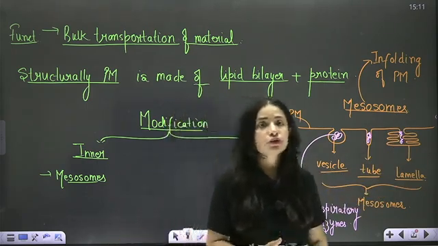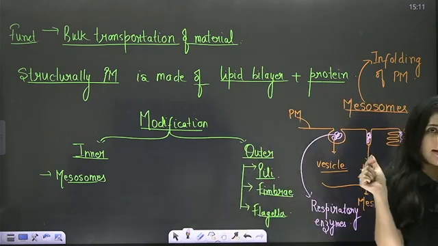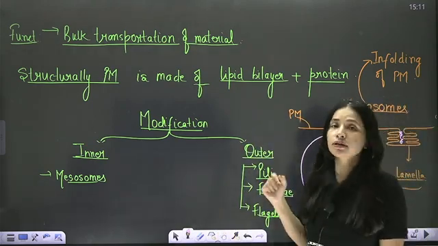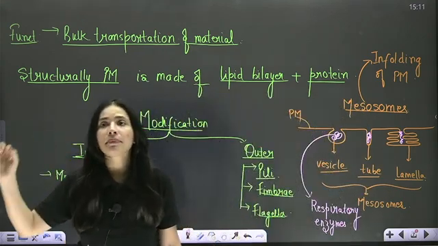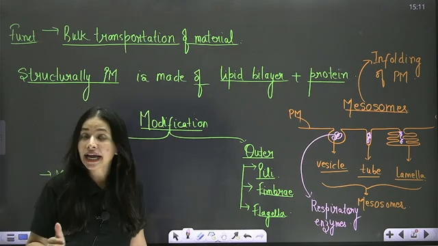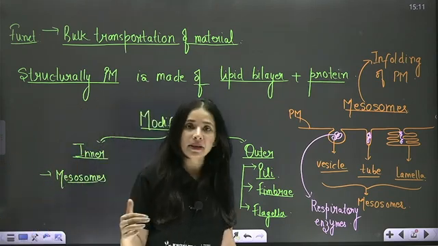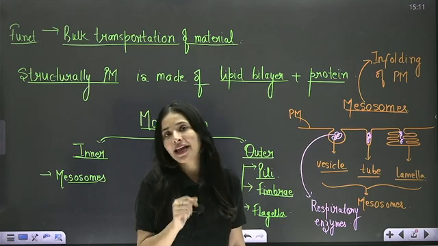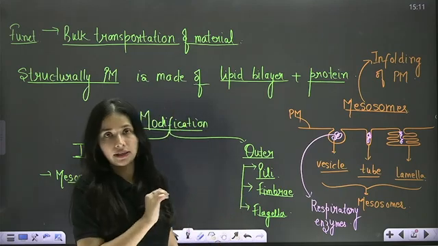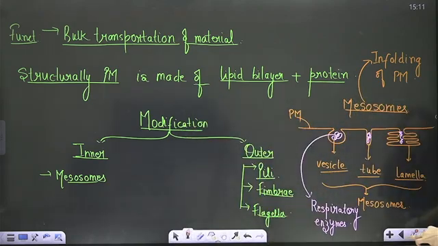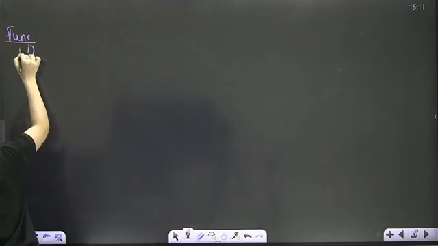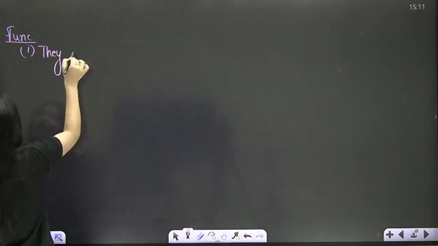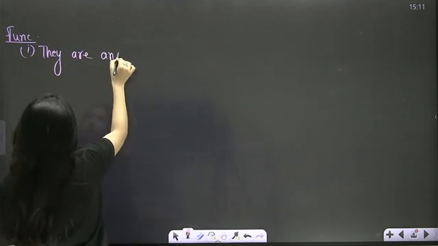So what are mesosomes? These are the inner foldings, the inner modifications of plasma membrane, analogous to eukaryotic mitochondria. Why? Because they contain respiratory enzymes, hence they can help in respiration. Got my point? So what will you write over here? For mesosomes function. First function. They are